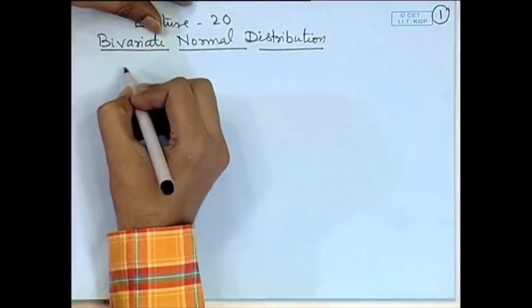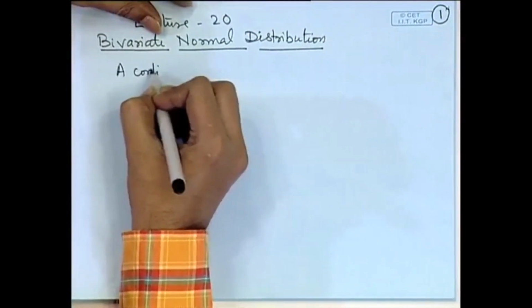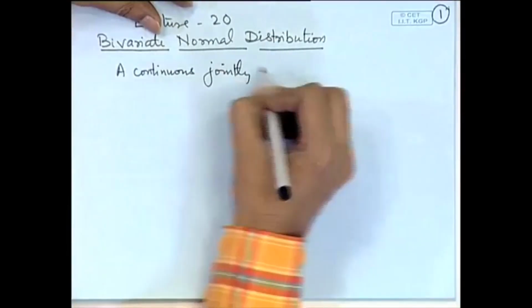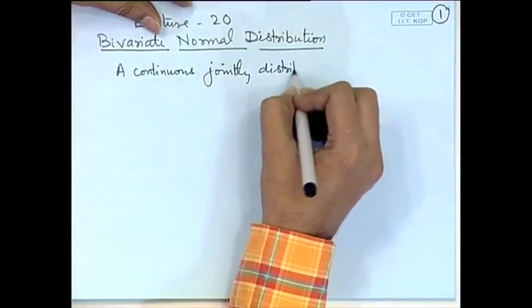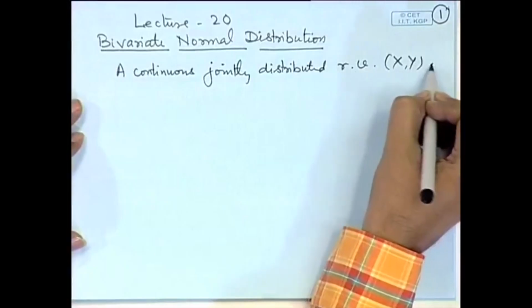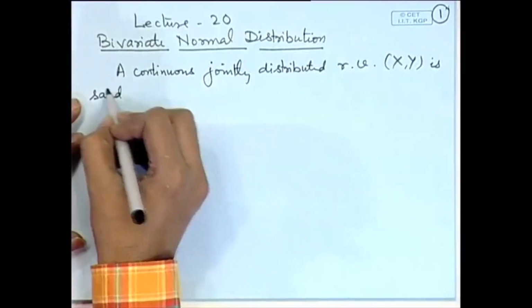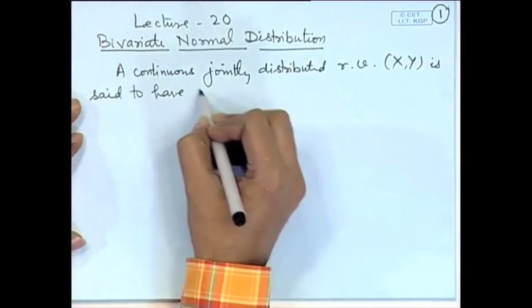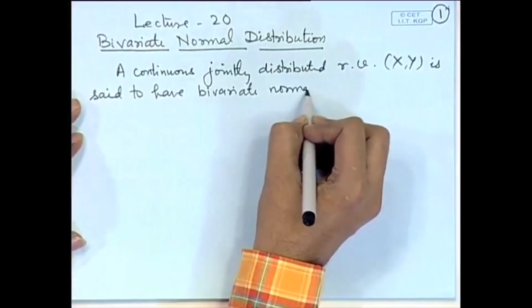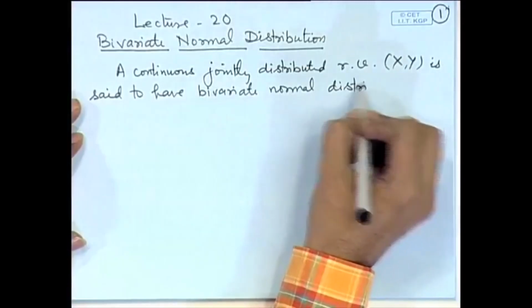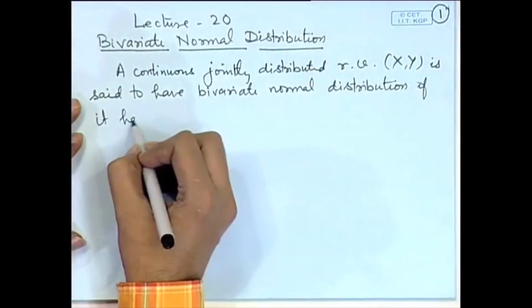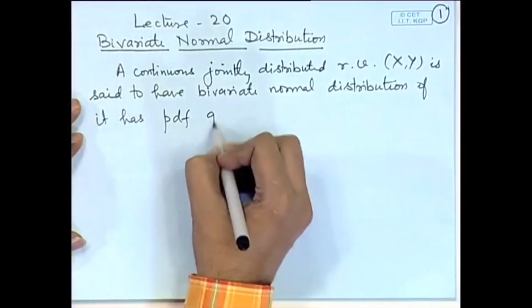So, a continuous jointly distributed random variable (X, Y) is said to have bivariate normal distribution if it has the probability density function given by